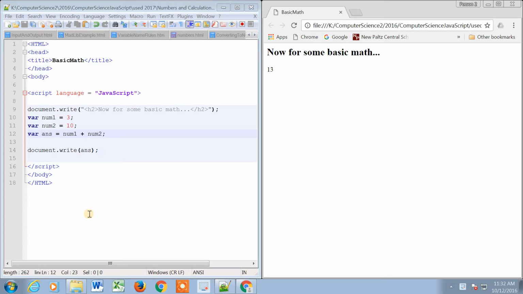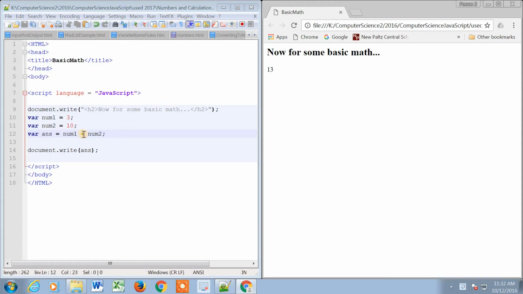I'm going to do some basic math in JavaScript. So here I have declared two numbers, num1, num2. I've declared another variable, answer, which is the sum of num1 and num2. And I already ran it. I can refresh it. It says, now for some basic math, 13 is in fact the sum of my first two numbers here, num1